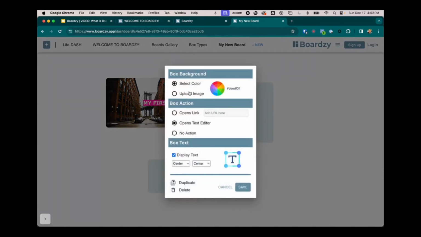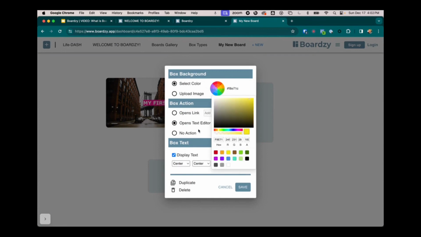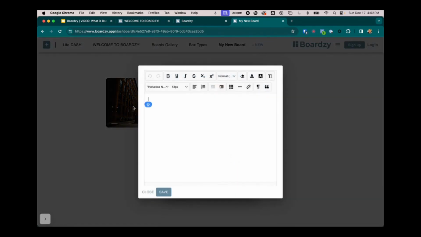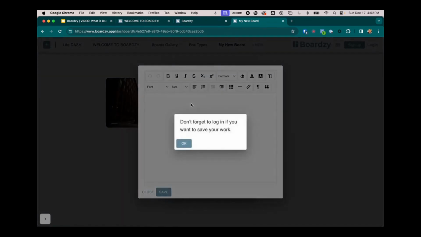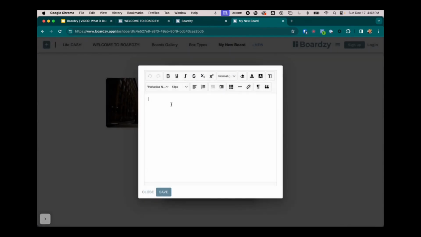This one, let's make this one a color. We'll make this one yellow, and this one, it opens the text editor this time. Let's change the text in here, or the label. We'll call this, see, I got prompts here, prompting to save your work. Okay, this one's going to be a color box